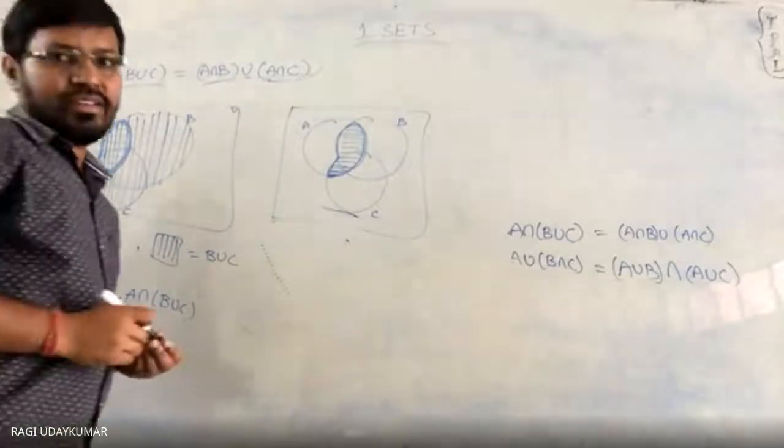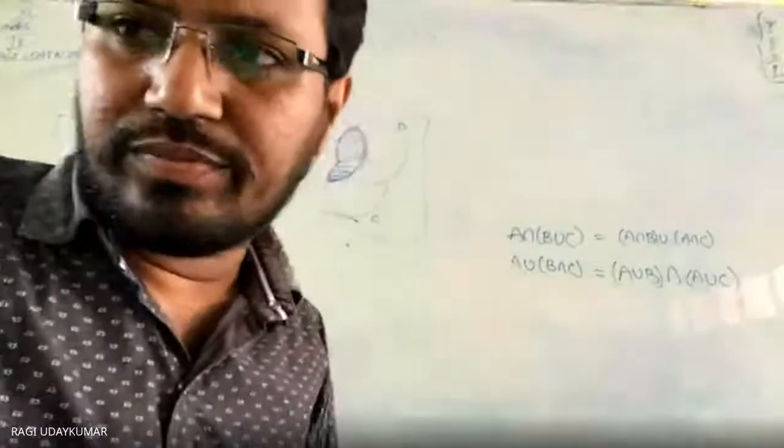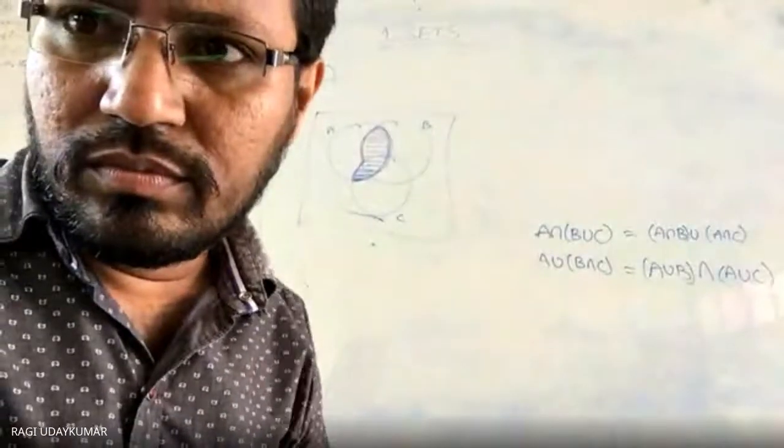Sir, please repeat again, sir. Again, learn again. No, sir, please repeat again. This same part, so both are equal. So like this, Venn diagrams will... it blurred. Okay, you do one thing here.